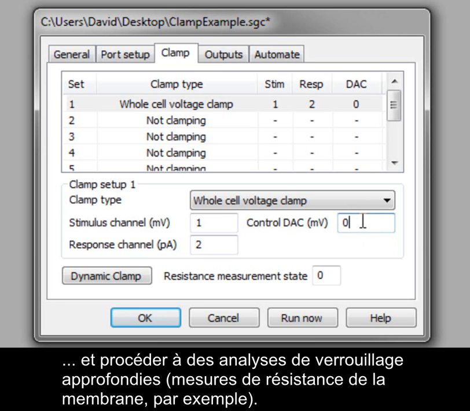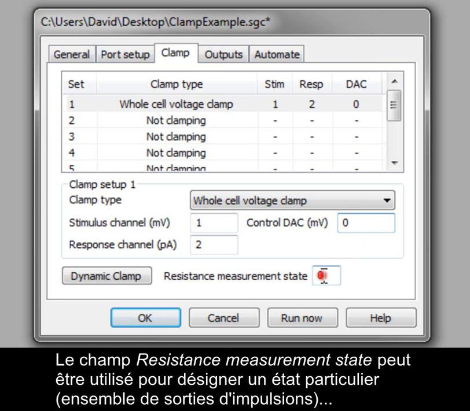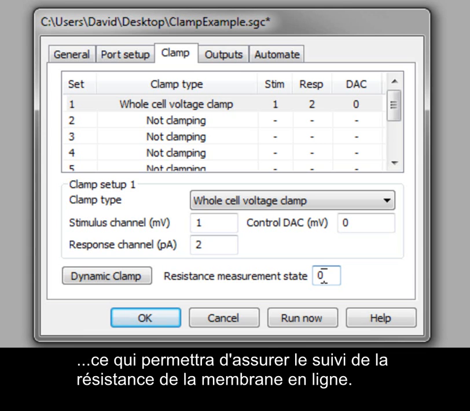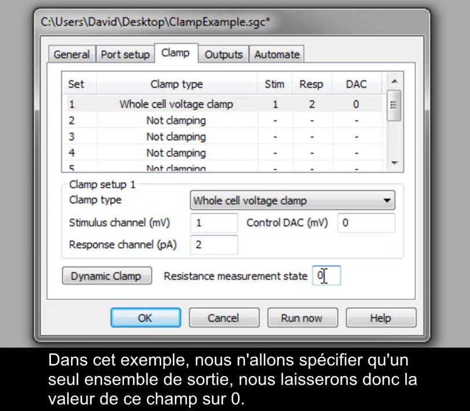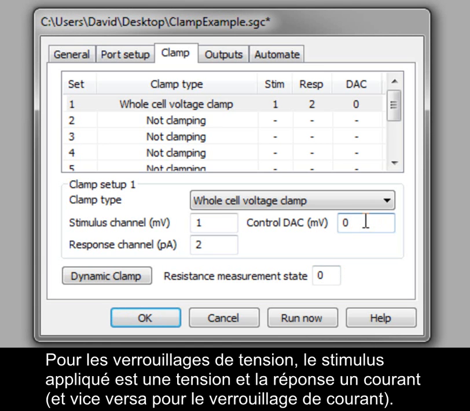membrane resistance measurements. The resistance measurement state field can be used to nominate a particular state, in this case a set of pulse outputs, which will be used to monitor the membrane resistance online. In this example, we are only going to specify a single set of outputs, so we'll leave this field set to 0. For voltage clamp experiments, the applied stimulus is voltage and the response is current, and vice versa for